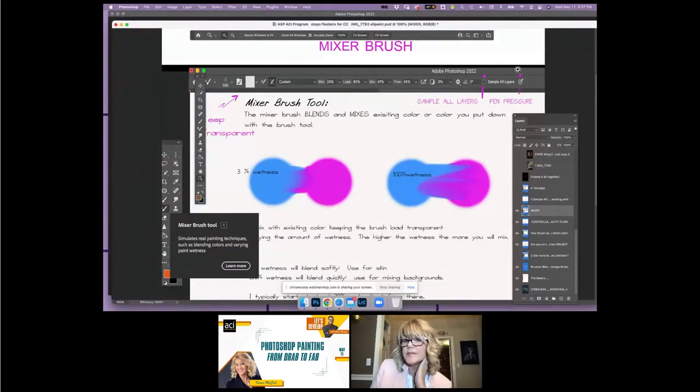The other thing you need to pay attention to is this little bullseye right here, which is your pen pressure. And your pen pressure will put a point on your,